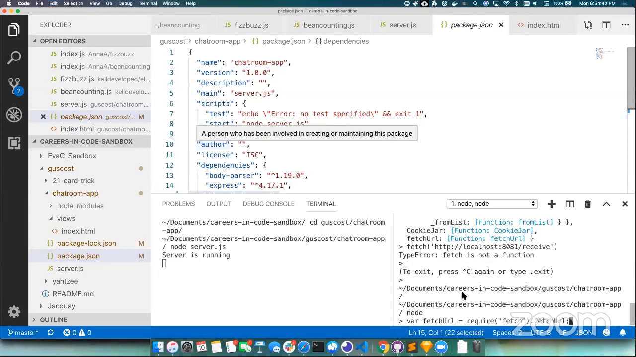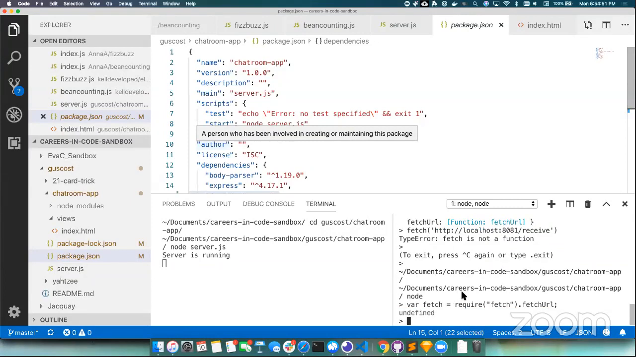So we do node, and we do var fetch. We're just going to name our thing fetch, because this is stupid. This is incredibly inconsistent. And now if we do fetch,